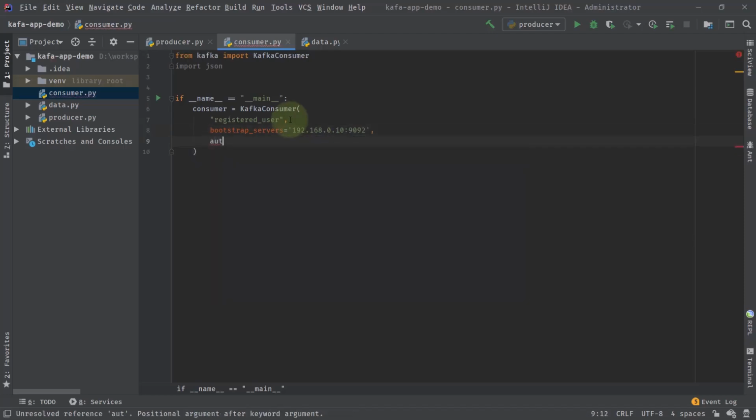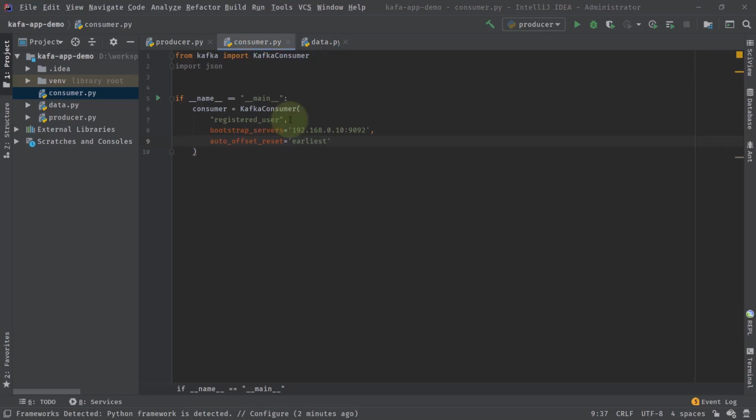Now I'm going to assign a new value, auto offset reset. This will help the consumer to consume messages either from the starting point or the latest. So what I'm saying is earliest, so that you can consume from the start: this consumer will start and consume from the first message that is published in the topic.